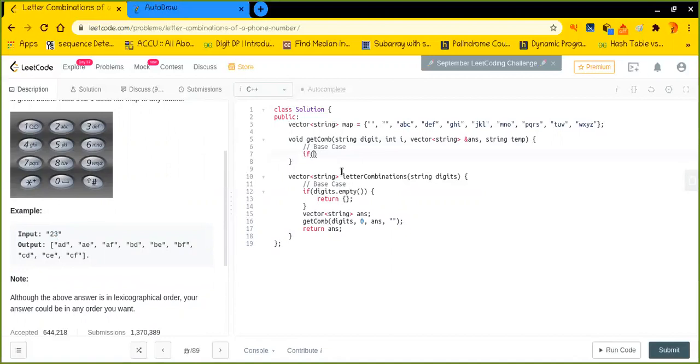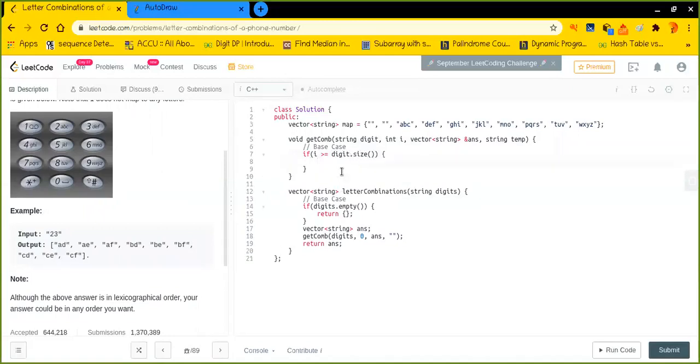When I see that I is exiting the end of the string, at that step I have to stop and declare that I have found one of the possible letter combinations. So at that moment I push the temporary string that I have found so far into my answer array.